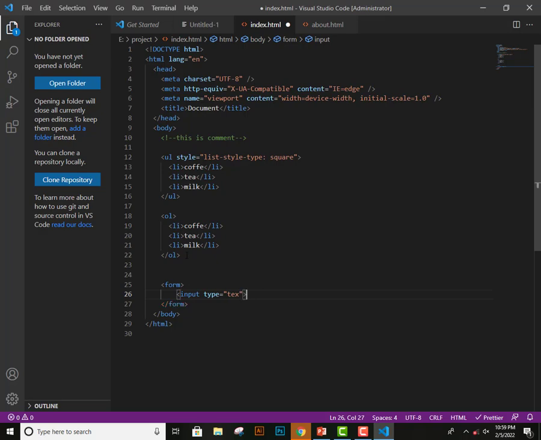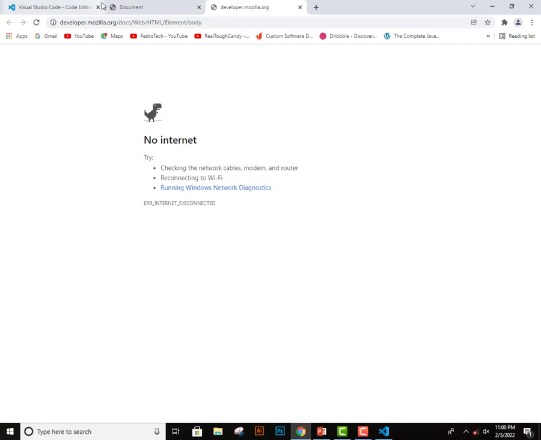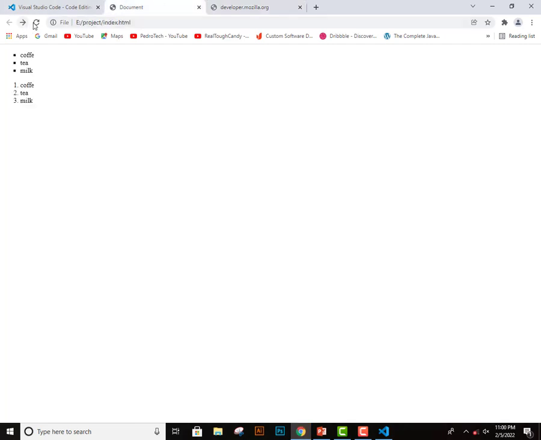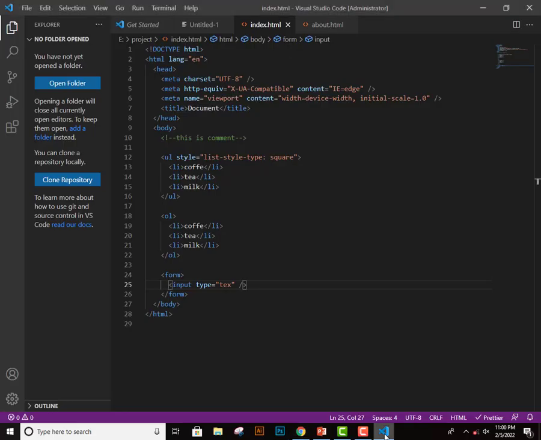Save it. And let me show you what will be displayed in this HTML form. So you can see now we have displayed this beautiful input for text. People can write username or any other name. So we can modify it to look so beautiful by adding another HTML